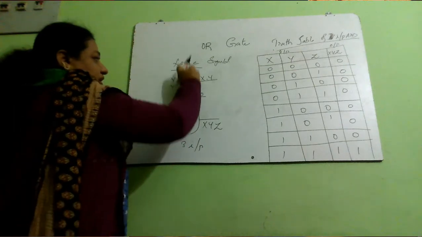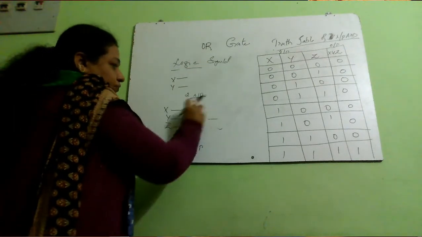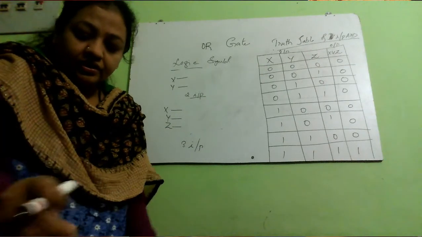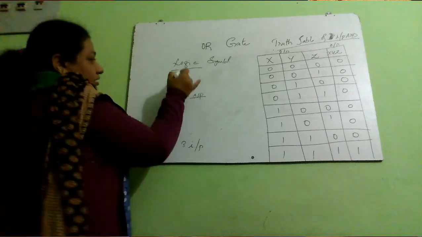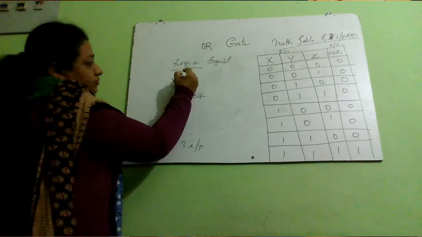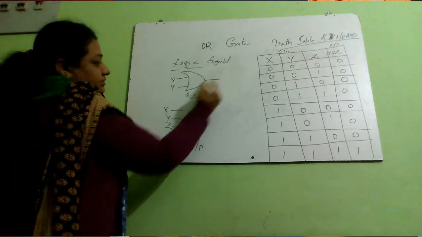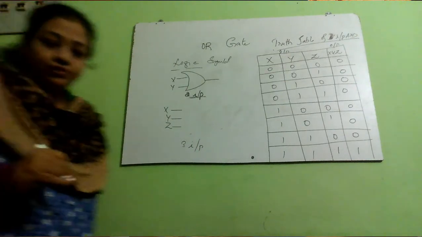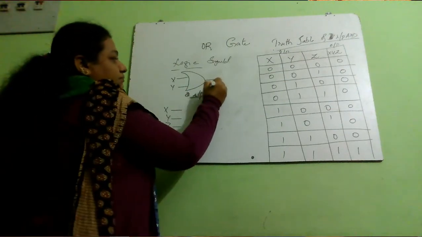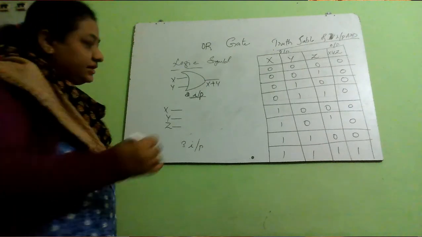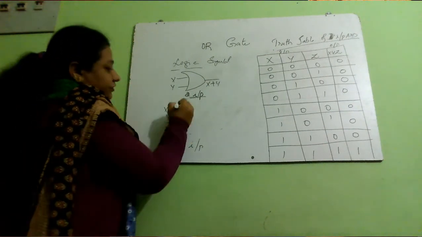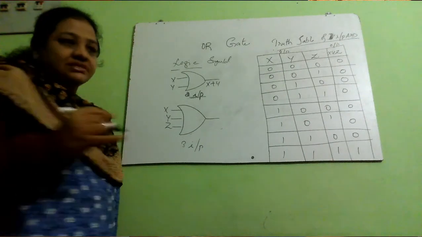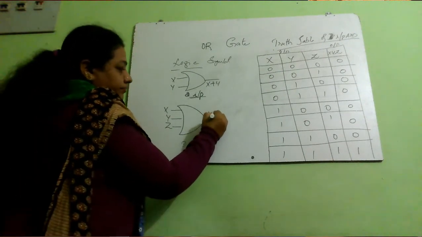As I told you, with 3 inputs, there is a possibility of 8 combinations of inputs. 2 to the power of 3 is equal to 8. Each input can be 0 or 1, and with 3 inputs, we can form 8 combinations. Kindly observe the truth table, how we can give the input. With 3 variables, there will be 8 different possible inputs.